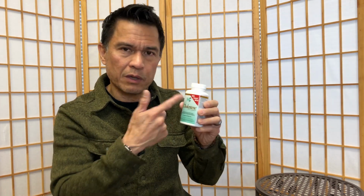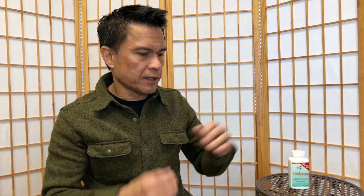You can get joint pain with this, but the likelihood of this causing joint pain versus a real prescription statin causing it, much lower with this. I haven't had anybody have any problem with this. Even the people that had joint pain with a statin, they didn't have problems when they got on this. So if you reach the mark with 1,200 milligrams twice a day, then great. You stay at that until, again, life changes and you can get the opportunity to make those natural changes to